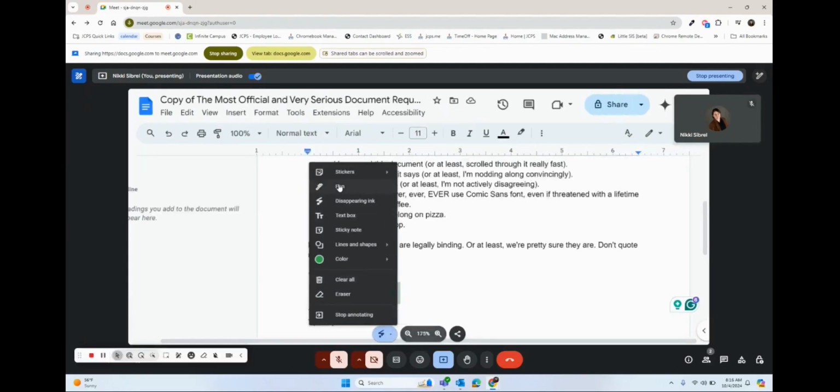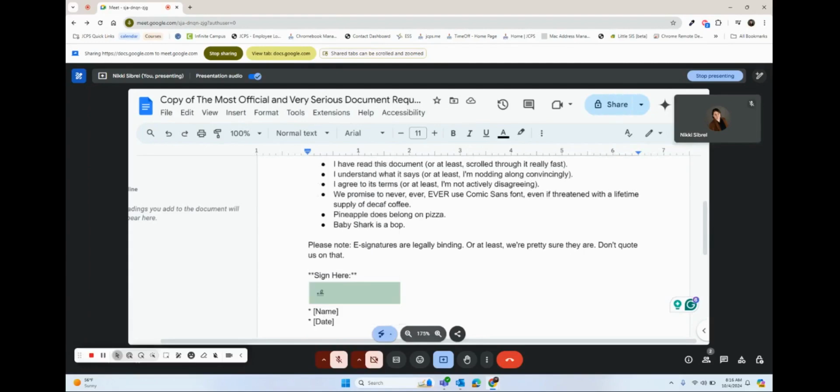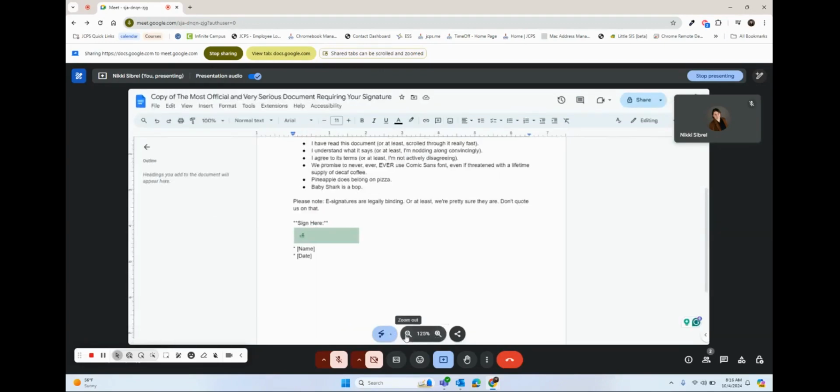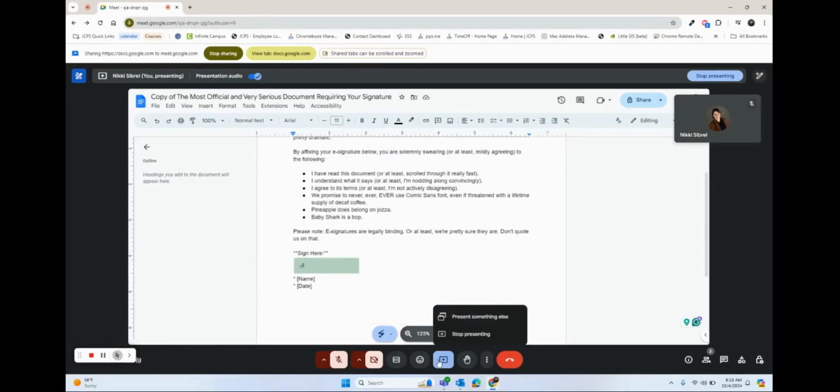If I want to highlight some important parts, I can hit disappearing ink and say, hey, just so we all are clear, pineapple does belong on pizza. And then that will disappear. Again, we can use the zoom in and out from the Google Meet screen directly if we are sharing or presenting the tab only. When you're done presenting, you can hit stop presenting,